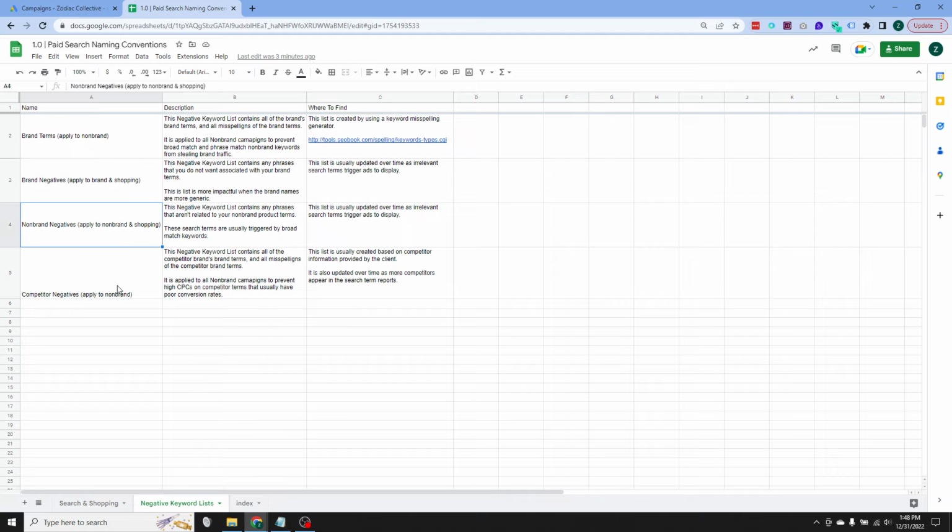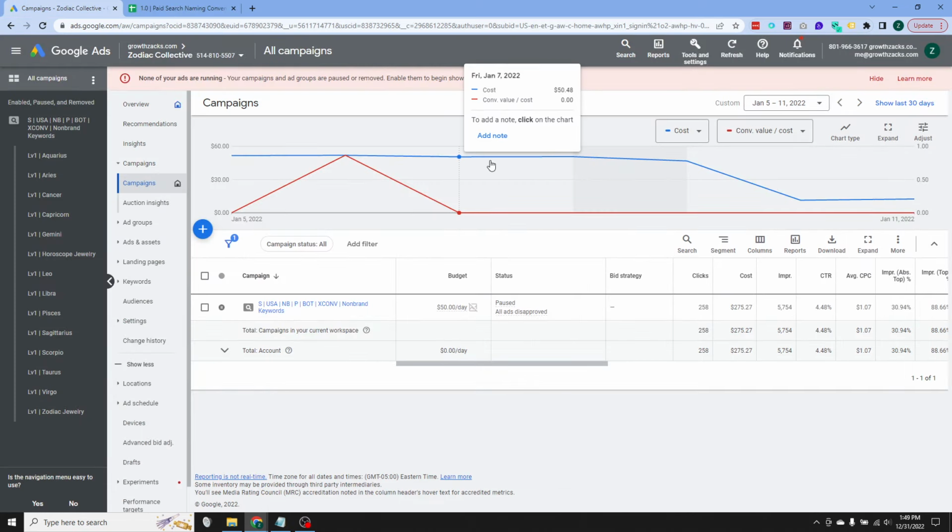Non-brand negatives, so these go into non-brand and shopping as well. And again, I will make another course on shopping. It's too much for one course. And then competitor negatives. If we absolutely do not want to bid on any competitor terms, we make this list, we apply it to that campaign. But we're actually going to make, because this account does not have a branded search, we're actually just going to make it and apply it to the non-brand